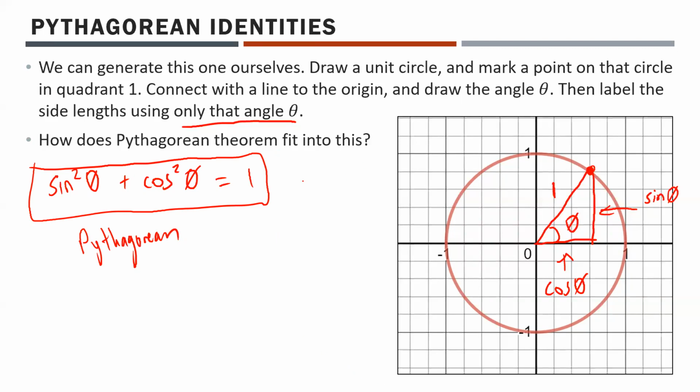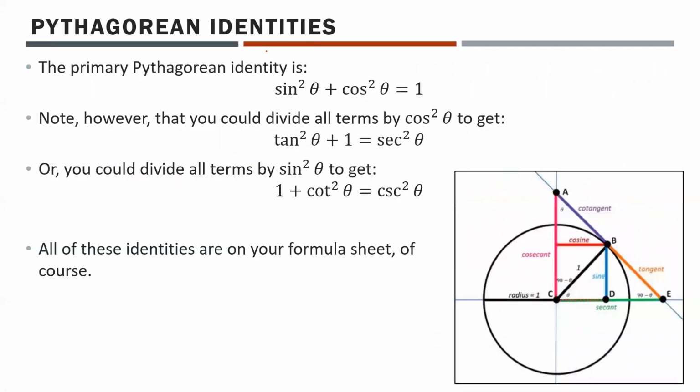We just created this out of thin air right now, and this is proven that sine squared theta plus cos squared theta is equal to 1. Huh, what do you know? So the primary one, again, as we just found, is sine squared theta plus cos squared theta equals 1, but